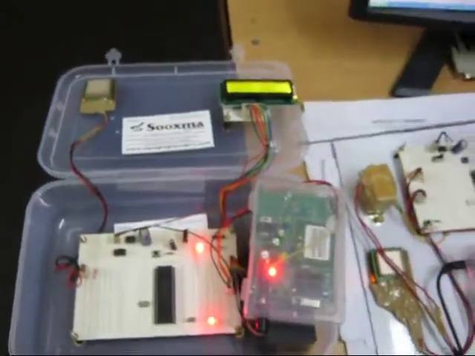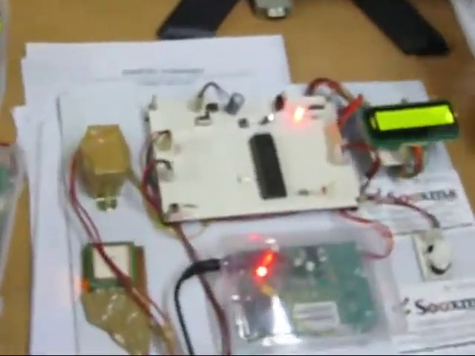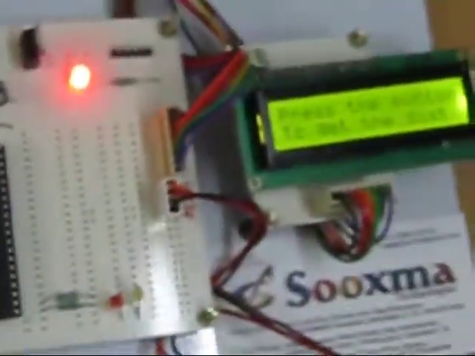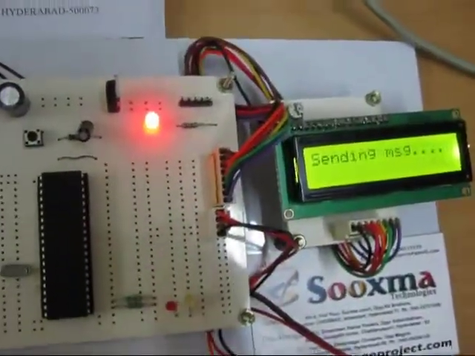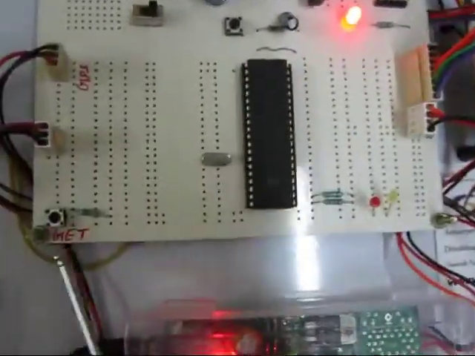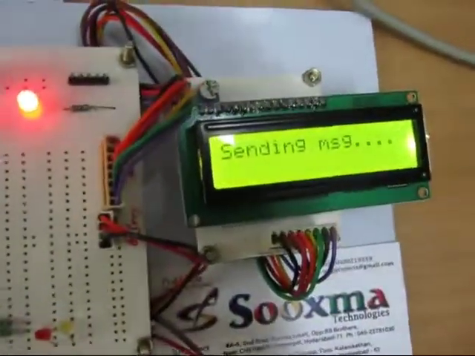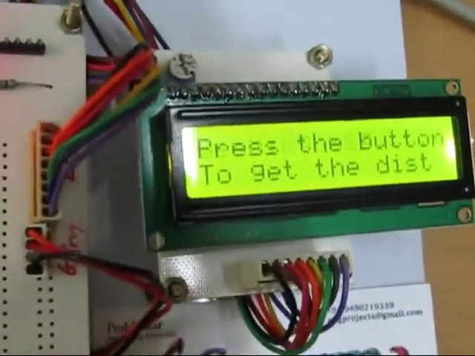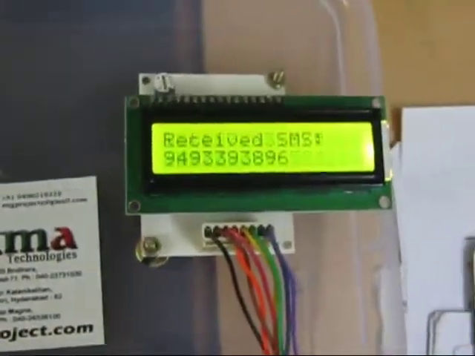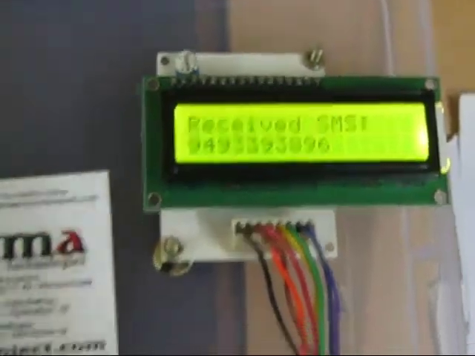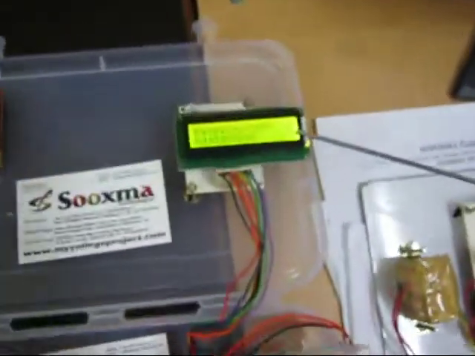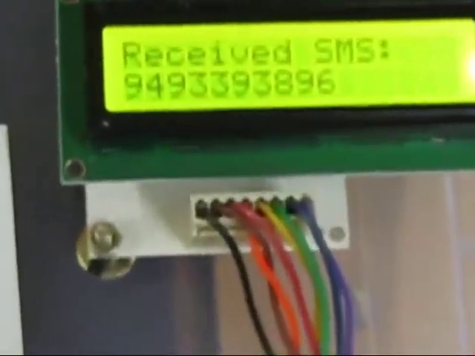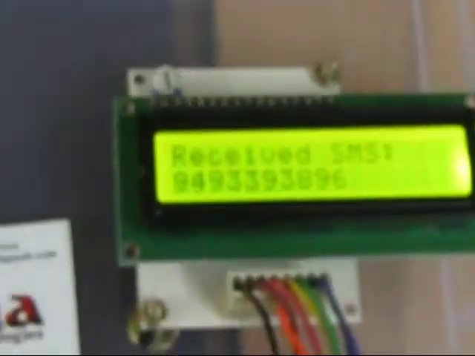So from the object section till the monitor section, if you want to know the exact distance, just press the button to know the object distance. Initially you need to press the particular button. So when you press a particular button, machine to machine communication happens. So from this GSM modem, it initially sends an SMS automatically to the object section GSM modem. So once it has received the message, you can find here received a message as a confirmation. So once after receiving the SMS, again it repeats.